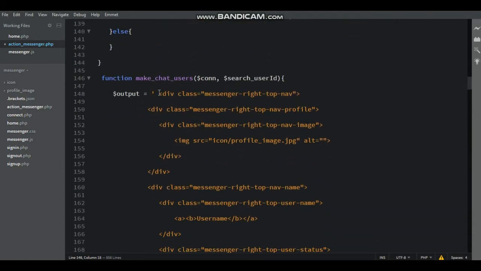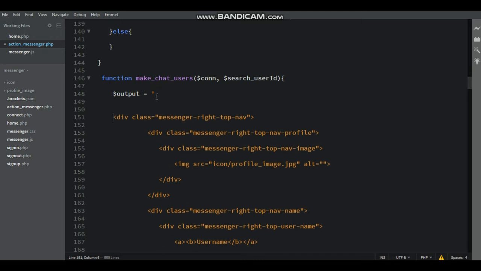So here that is inside the output, using single quotes, using concatenate. Here that is just cut the make_chat_user_top_name and paste inside the single quotes.